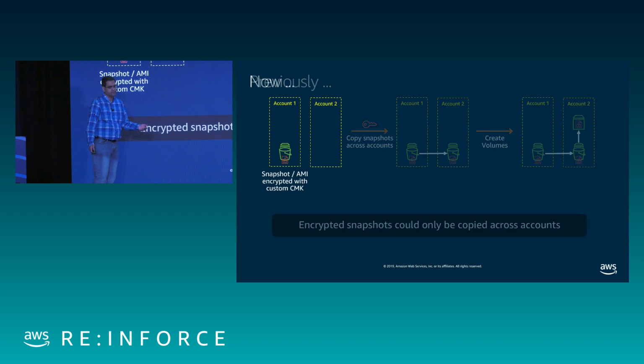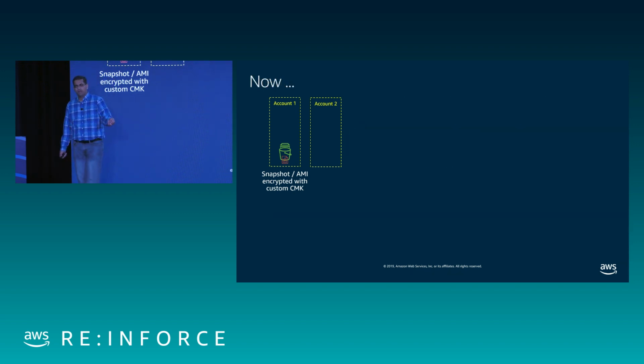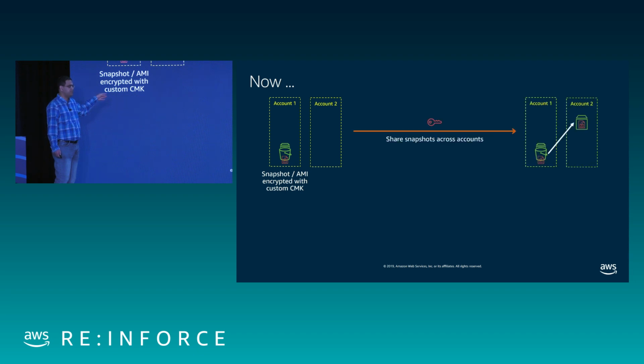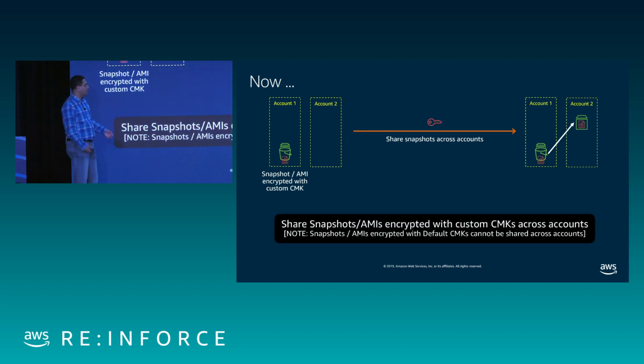So what's changed? Now, with the change that we've made, you can take an encrypted snapshot or AMI that has been encrypted with a custom CMK and share that snapshot across accounts. Your second account needs permissions to your key, and you can provide a second key for the re-encryption in the second account. And with that, you can launch encrypted volumes by sharing snapshots or AMIs that are encrypted with custom